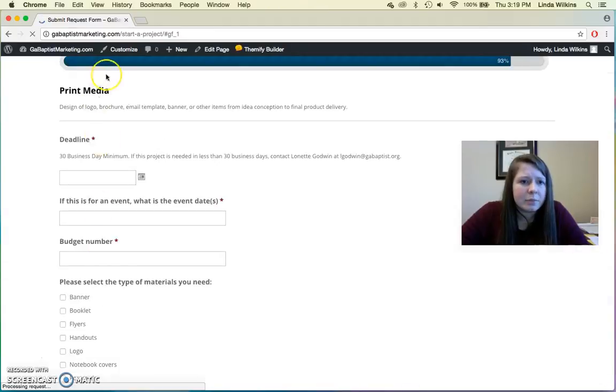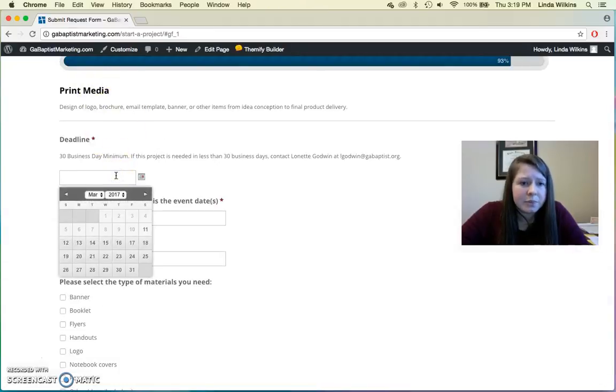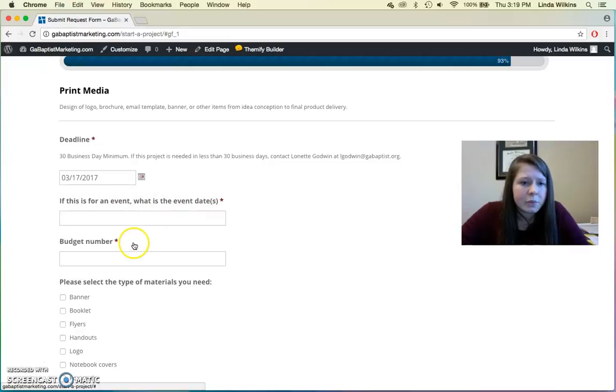And this print media section is new, and there is a 30 business day minimum for a deadline. And if you need anything sooner, it does say to contact Lynette Godwin. So you select when the deadline is, and if it is for an event, you can put the event dates in here, or even say see previous if you've already entered that information. The budget number,